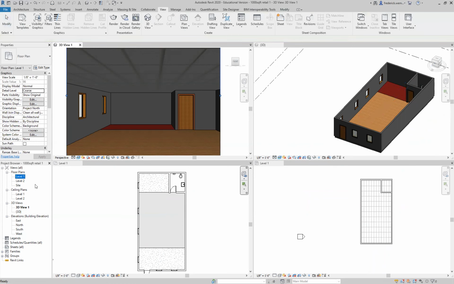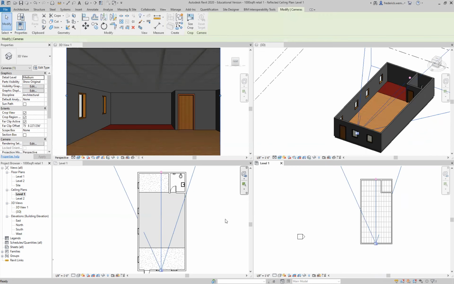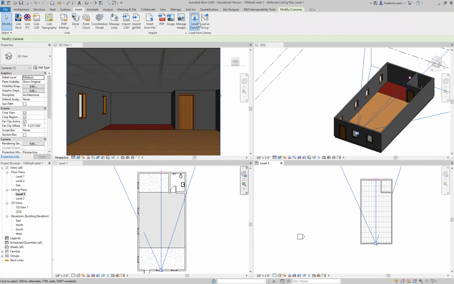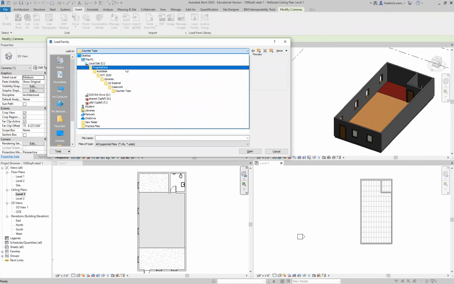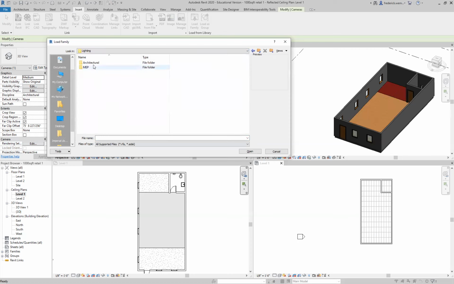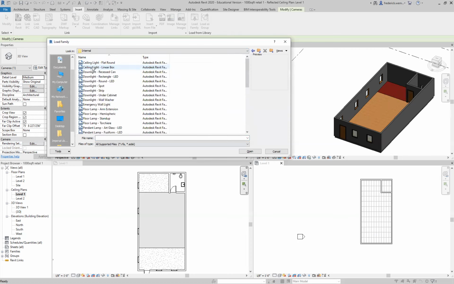Okay, so to put those lights in, now we're going to go to this level 1 ceiling view, which is right over here. And I want to go to architecture. I'm sorry, insert, load family. And this time I'm going to navigate, under the US Imperial library, to lighting. Lighting is its own category. Architectural, internal, and there's a whole lot of different ceiling lights. Some of these down lights are